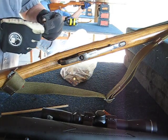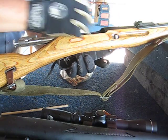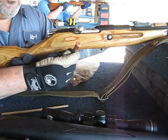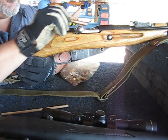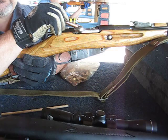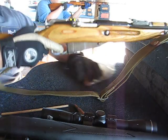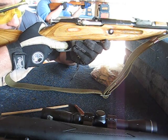Huh. Alright, we'll put another one in there. Now, if you pop a primer with this, it's not so critical, but if you were to keep popping primers with this, this thing doesn't have anywhere for the gas to escape. So, just out of curiosity, hey, did you bring your Mosin Nagant tools? Yes. I'm going to need to borrow that in a second. Meanwhile, I'm going to shoot one more, see if it pops it again, and if it does, then,